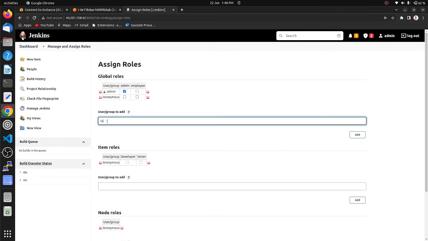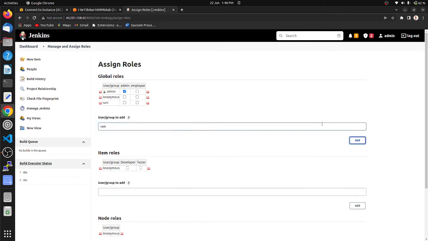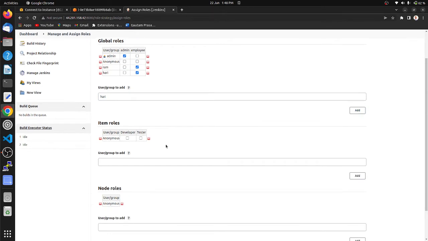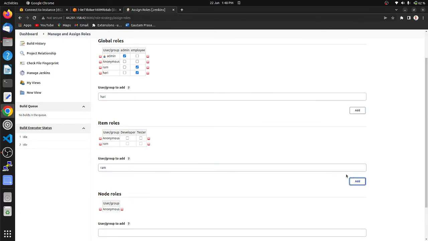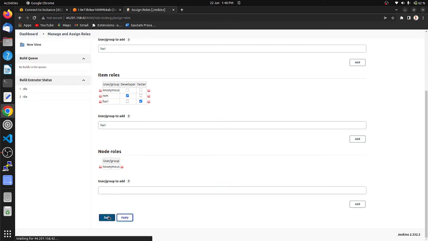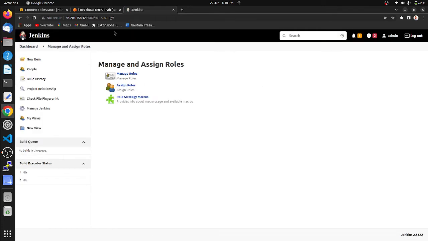Here I am adding Ram, then Hari. Both Ram and Hari are employees. Here adding Ram as item role, adding Hari, and let Ram be a developer and Hari be a tester. Apply and save it. After completing the process,